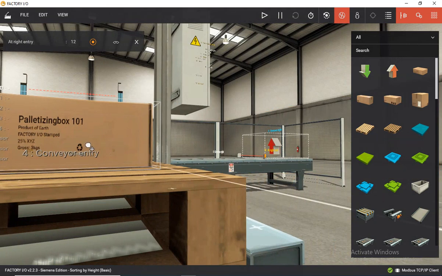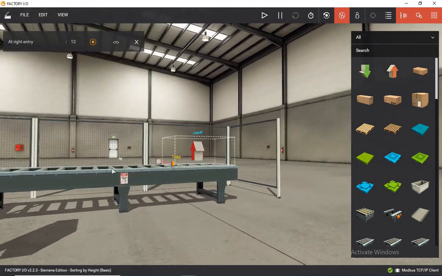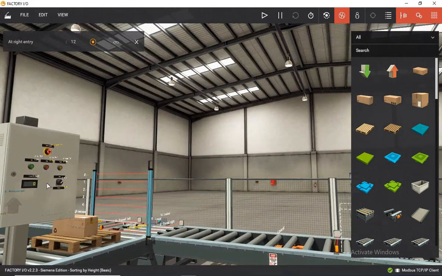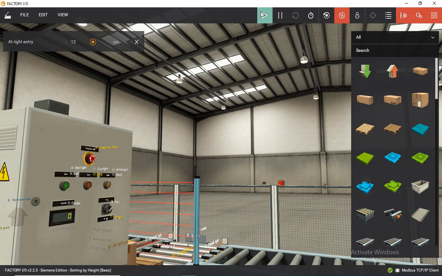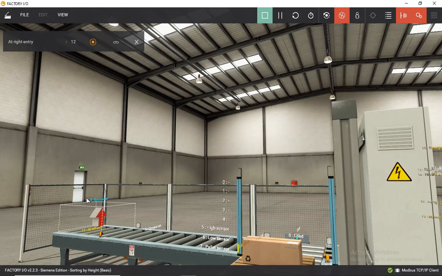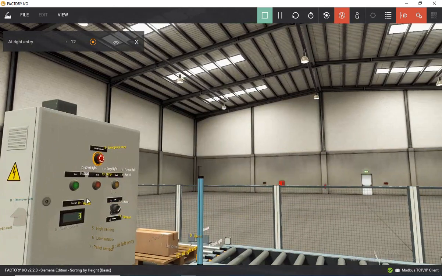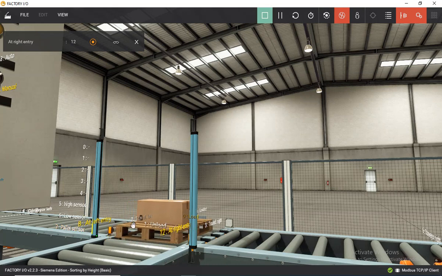Smaller box be on the center. Okay. So now turn off all the signals. Right. So this one, it's definitely going to the right. See there, it's been taken to the right,